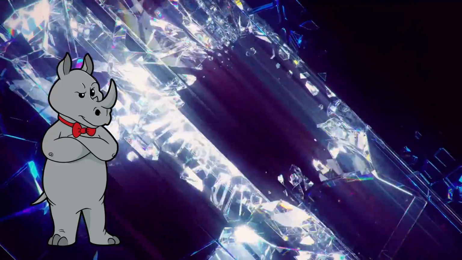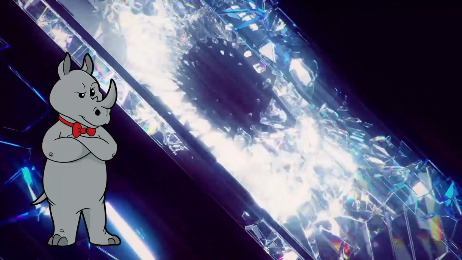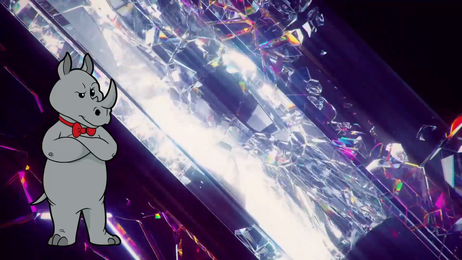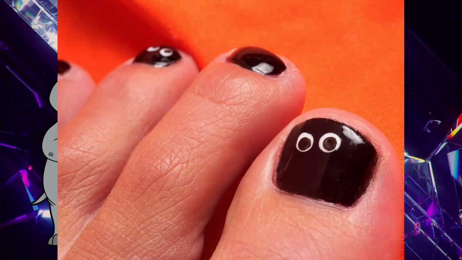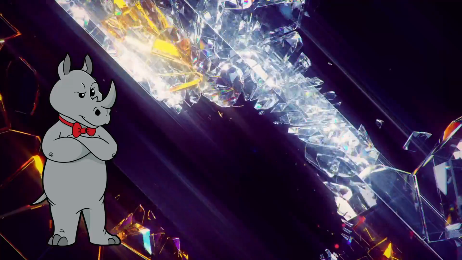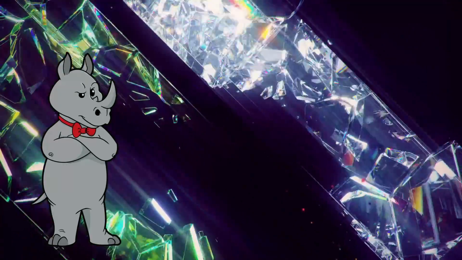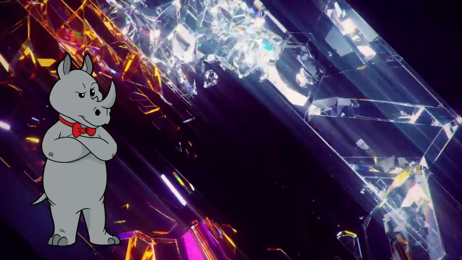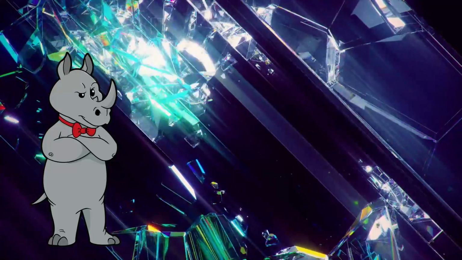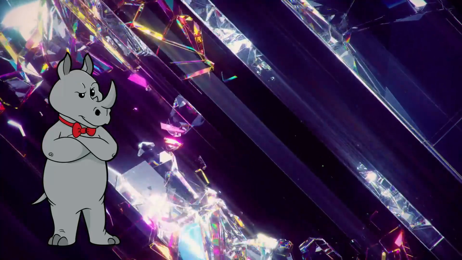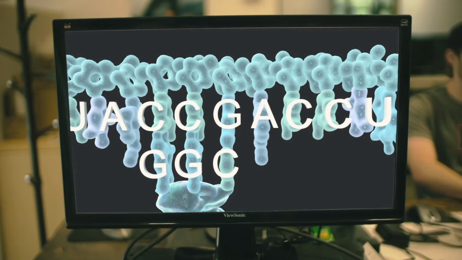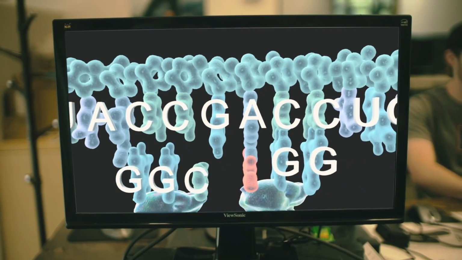Remember, every cell in your body has your entire genome. So how does your eye know that it shouldn't be making toenails, and how do your toes know that they shouldn't build an eyeball? It depends on what proteins and chemicals can be found in the cells. Regulator proteins help in this regard, but that's a complicated topic that could be an entire video on its own, so let's get back to the monkey mask guy. And that's the problem with the mutation selection mechanism as an explanation for new genetic information.